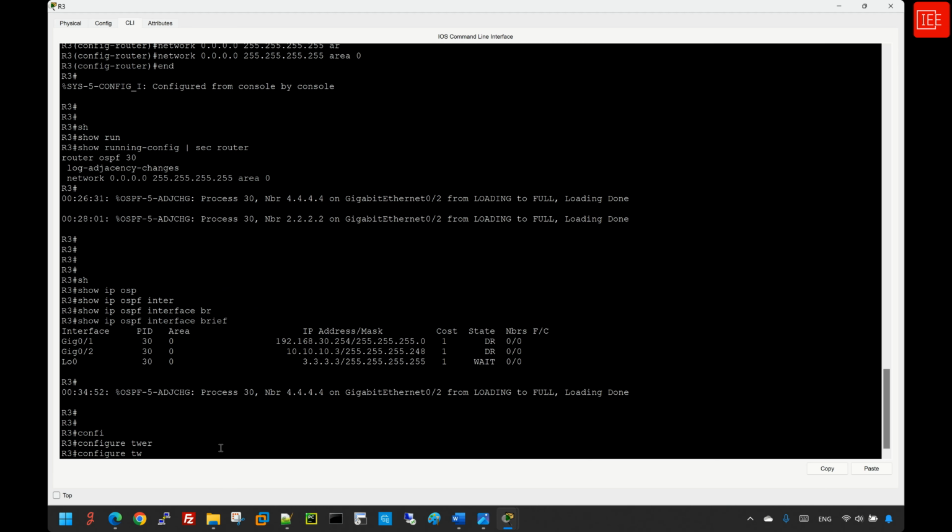Then I'm going to jump into router 4 and do the same thing. Here I'm going to say interface GigabitEthernet 0/1, and IP OSPF priority 100. Then I will do the same thing for router 2, so router 2 will have a priority value of 20. So now that we've done that, if I were to issue the show IP OSPF interface brief,